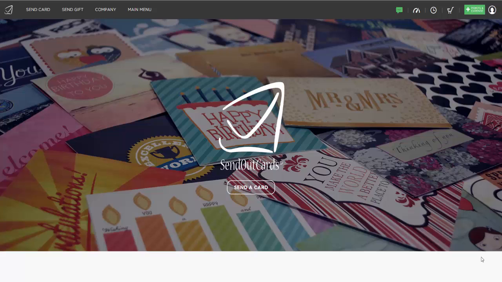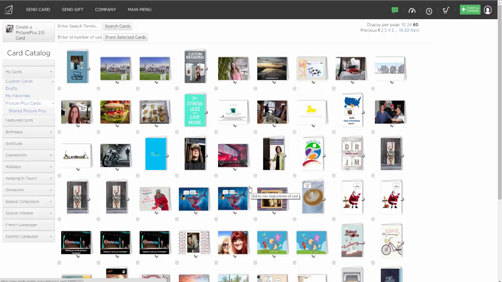Welcome to the tutorial on how to create a picture card in Sendout Cards. So first, simply click on Send a Card. And when you come up to the card catalog, you'll of course see all of your different categories down the left-hand side. And to create a picture card, simply click at the top where it says Create a Picture Plus